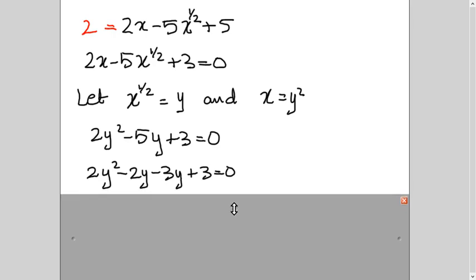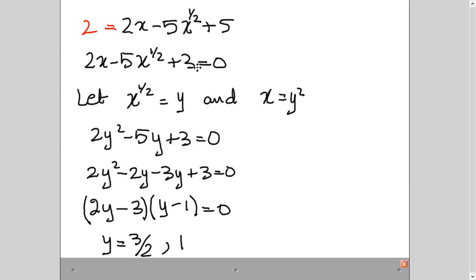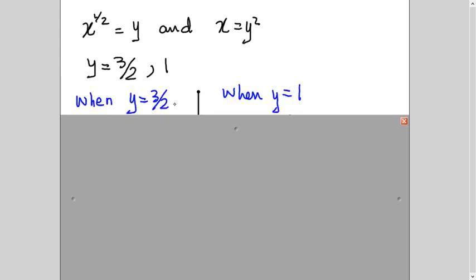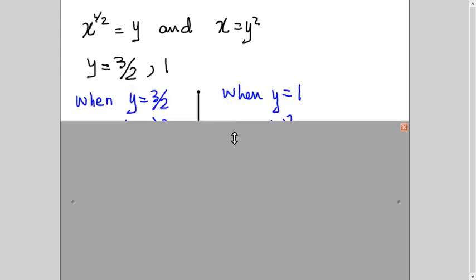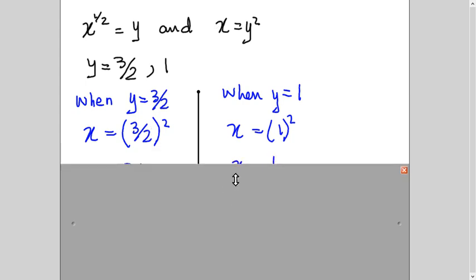Okay, so now once I find out the value of y, then I will plug it back here to get the value of x, because I have to find the value of x, which was the requirement of the question. So let's substitute these values of y one by one to get the values of x. So now y equals 3 upon 2 and y equals 1, I'm plugging in this equation because I have to find the value of x. You can plug in here and here, it's the same thing. So after that, I'm simply doing simple calculation.